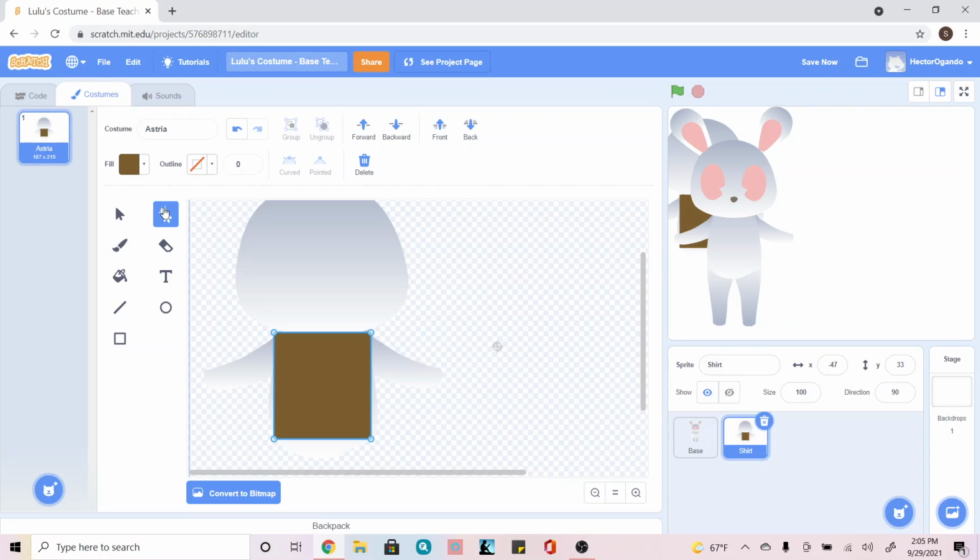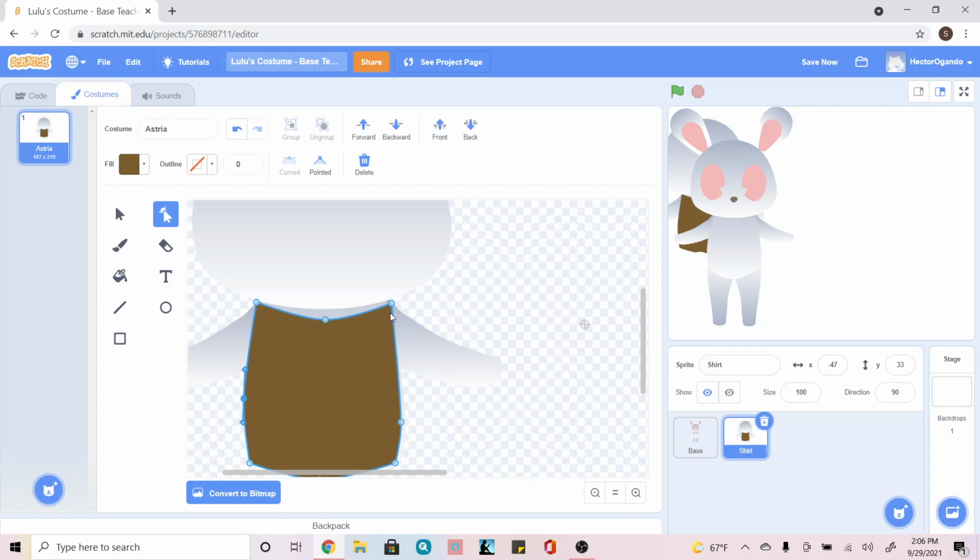Then I'm going to use my reshape tool. I'm going to go ahead and change it. So I'm just going to add a circle, a dot here, move it down to make the collar. Maybe I'll move the top dots in a little bit more just so that it fits better. Make this a little bit lower to make the shirt. Maybe move this in a little. Okay, maybe I want to stop here, or if I want to make sleeves, what I will do is I'll